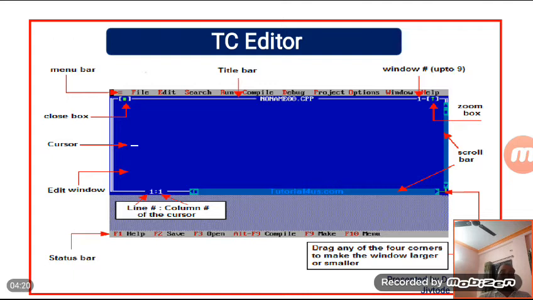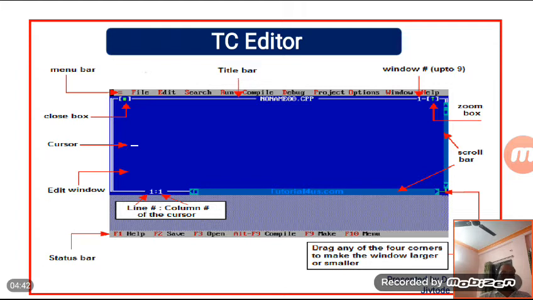On this screen, the menu bar is activated. It contains various menus such as file menu, edit menu, search menu, run menu, compile menu, debug menu, project menu, options menu, Windows menu and help menu.